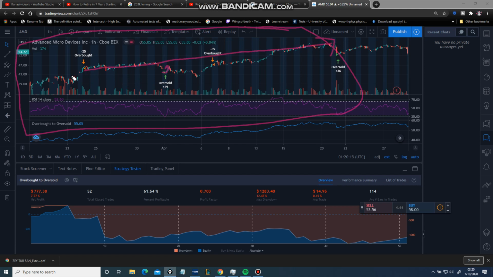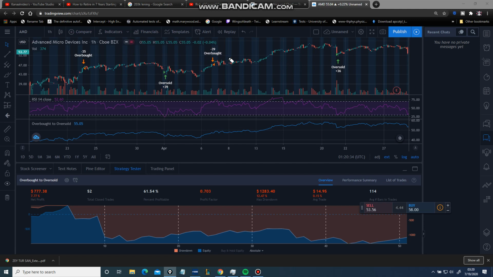And you can see that this trend held, right? So you could see this as noise, and you could see this as the trend, which is valid, right? Eventually, I wouldn't say that's a very good setup, but at least it has a pattern to it. And you can at least invalidate the idea that you would go short when it's overbought.